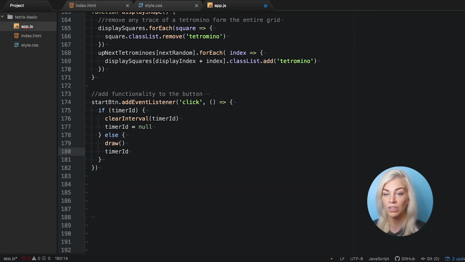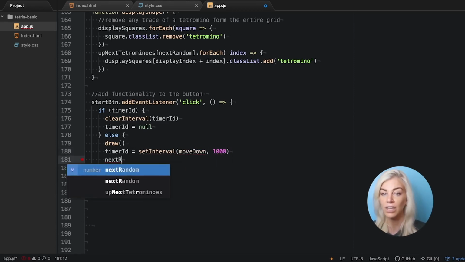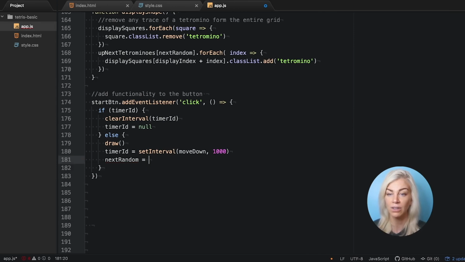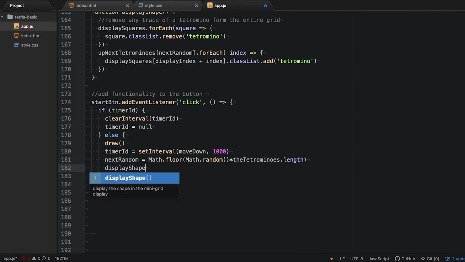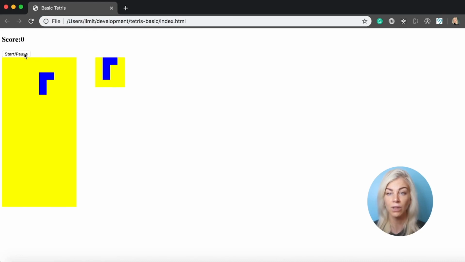so 4, put the timer ID on a set interval of invoking the moveDown function every 1000 milliseconds, select the next random shape we want to display in our mini grid, and invoke the display shape function we wrote that will display the randomly selected tetramino we just determined. Okay, great. We now need to uninvoke the moveDown function that is on a timer that we wrote previously from